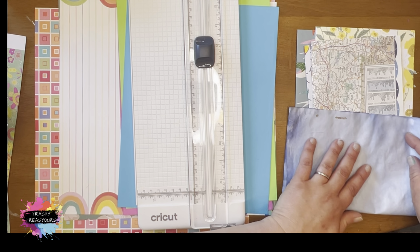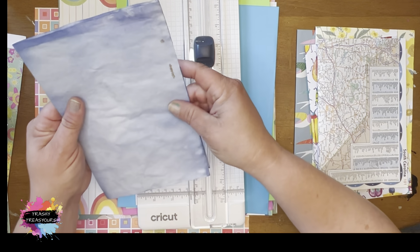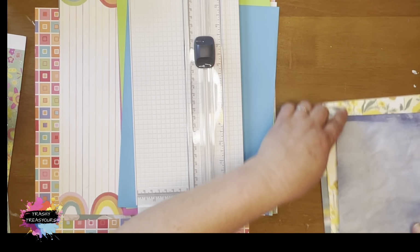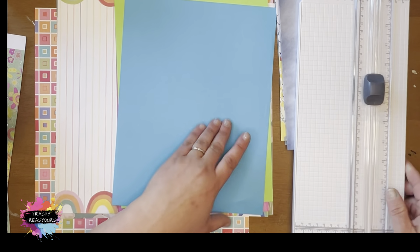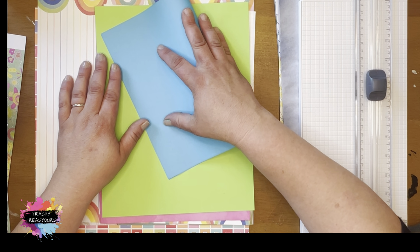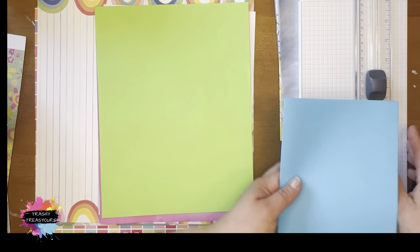I dyed this paper. It's nice and crunchy. You might not be able to see it at the moment. It's just some blue dyed paper. Let's see. Okay. I need to move my cutter. I like to weave in some plain colored for more journaling spots, but I will be adding